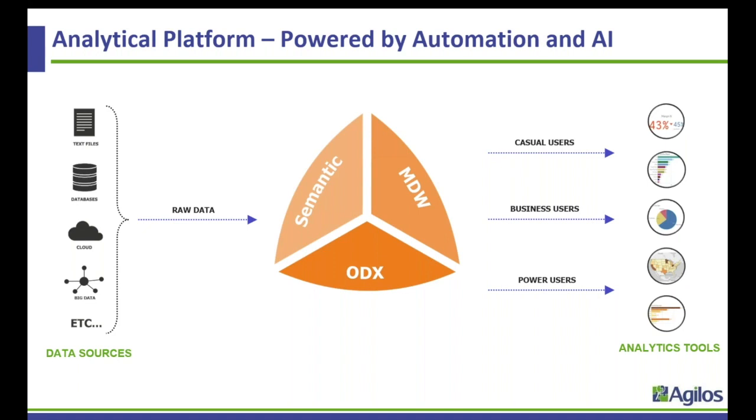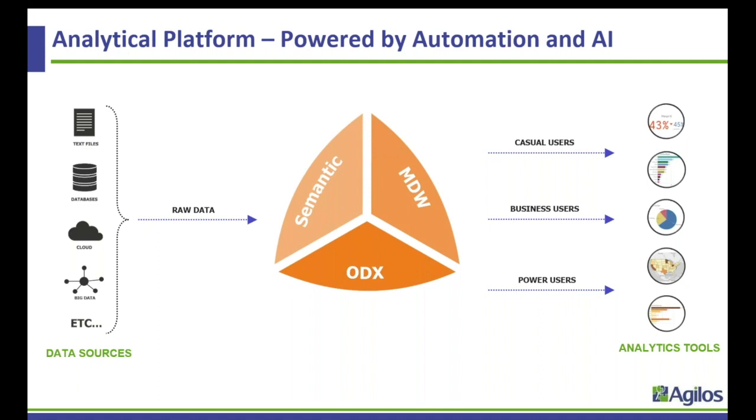to combine multiple sources together, to ensure that the data is valid, and you start to build a data structure that we call the modern data warehouse. This can be done in different layers, of course, but the final result is that you have a structured storage of your data. That data warehouse will be there to serve not the power users like before, but more the business users. And you could even, on top of that, add some business definitions, some metadata, some business understandable descriptions of the data, and that's what we call the semantic layer, so that you can also serve the casual